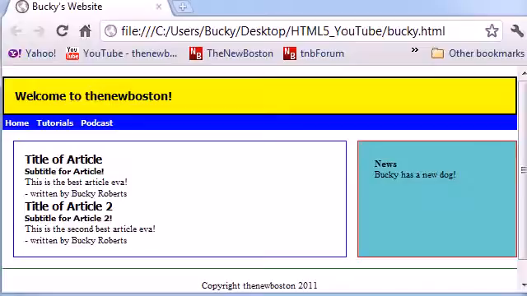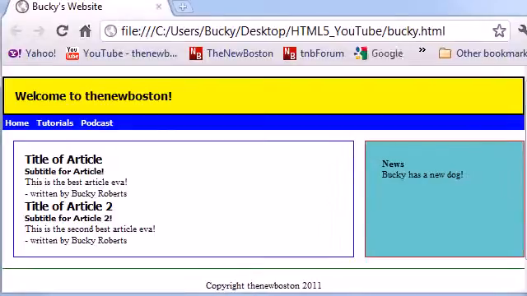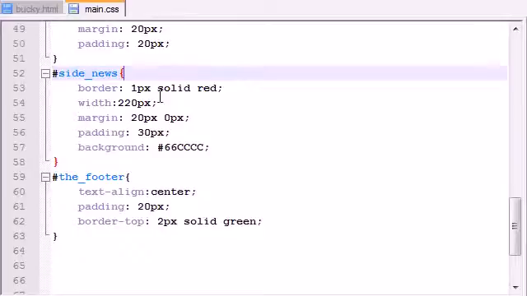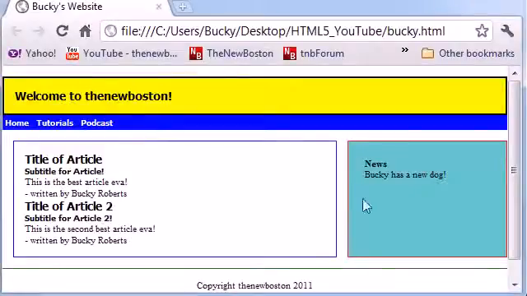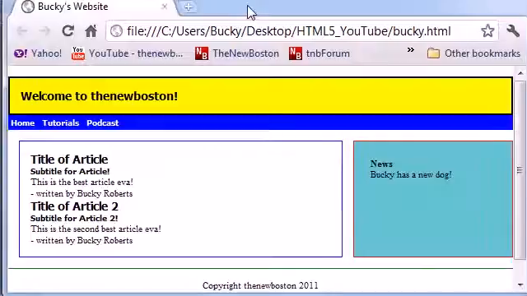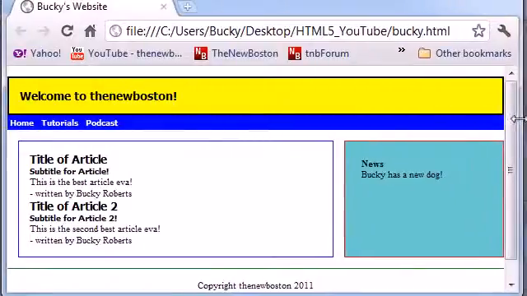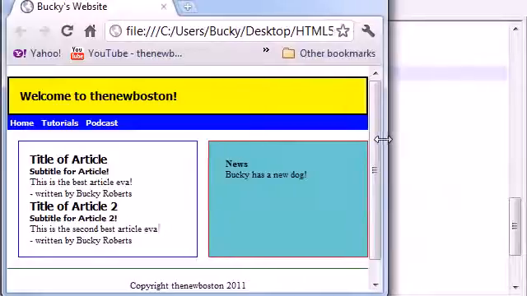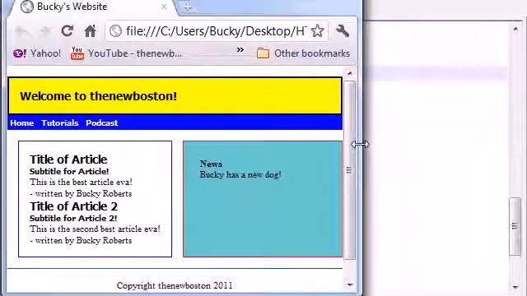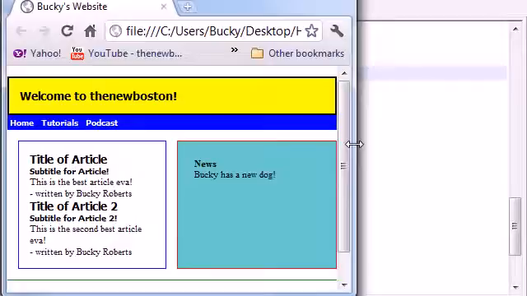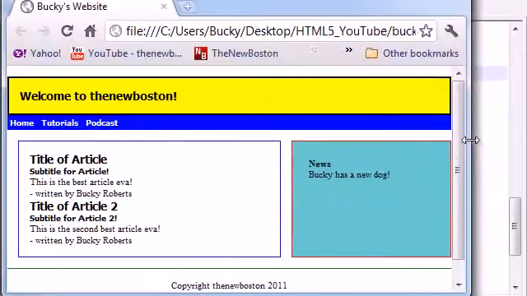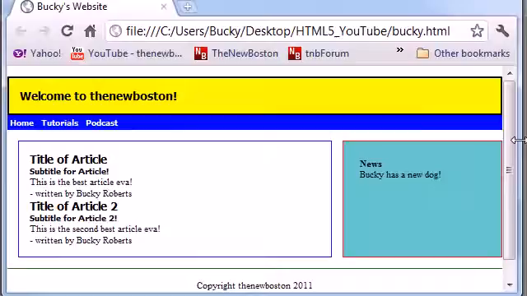Okay, now check this out. Unlike before, where everything is fixed, and we needed to use math to make sure we fit perfectly in those 1000 pixels, check it out. This box to the right is going to be, what was it, 220 pixels. Now, this is always going to stay 220 pixels. However, this box over here is going to change dynamically based on the size of our browser. So let me go ahead and shrink this browser and check it out. That box is either shrinking, so if you were looking at this on a smartphone, this website will look perfect still. Or if you're looking at it on a big widescreen TV looking computer, our website is still going to